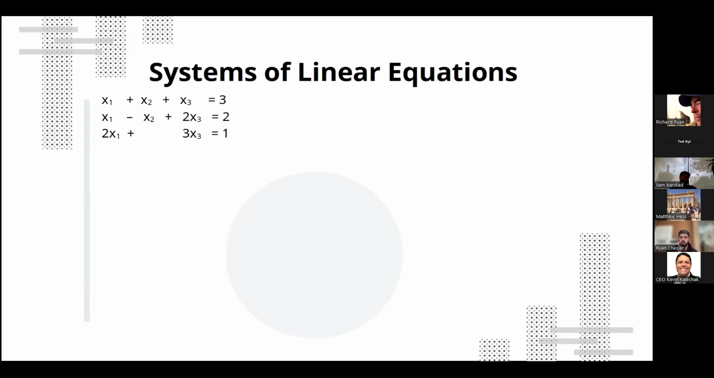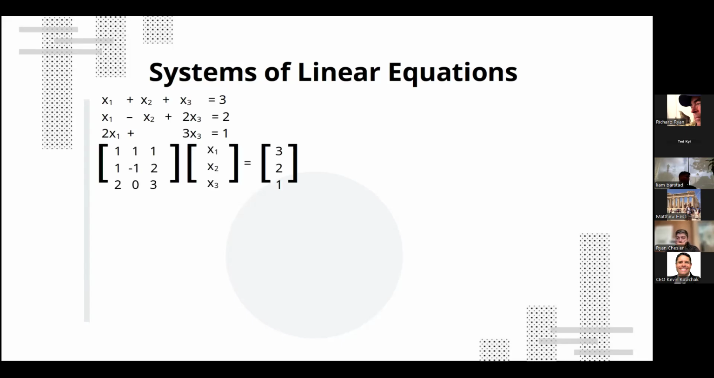Basically, this can be rewritten in matrix form, where on the left, you have the coefficients, and on the right, you have the actual variables themselves. And then multiplied together, you get the output, which is 3, 2, 1. But as you might be able to tell, I haven't really defined what multiplication is yet. Multiplication, in this case, is,